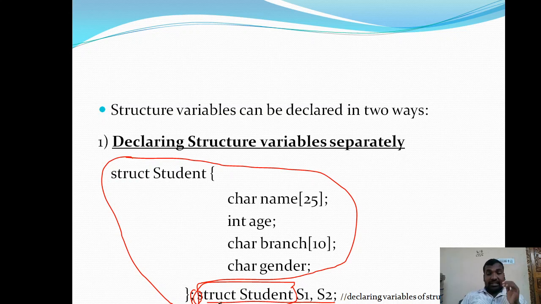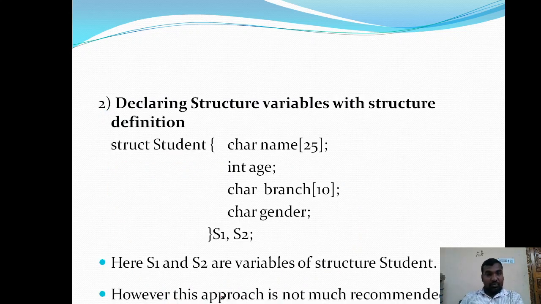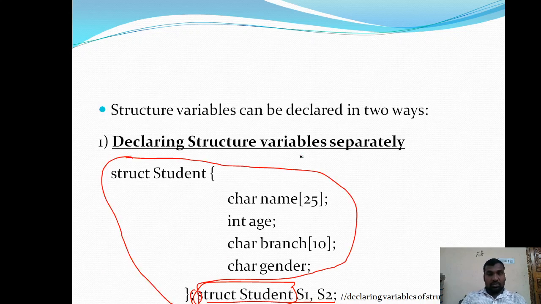So the declaration of a structure variable can be done in two ways.